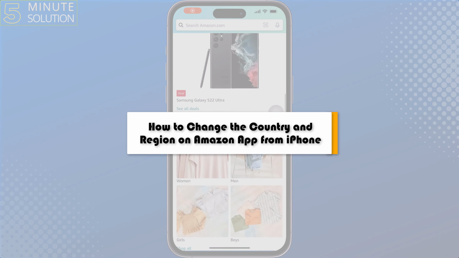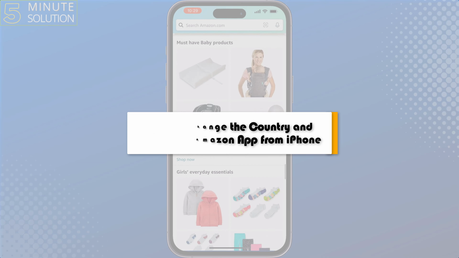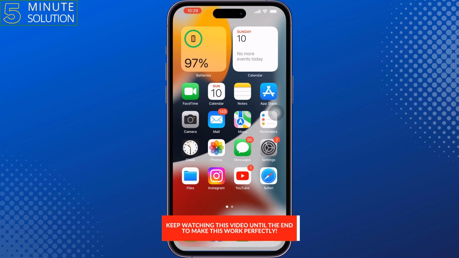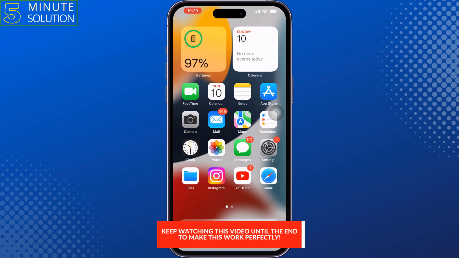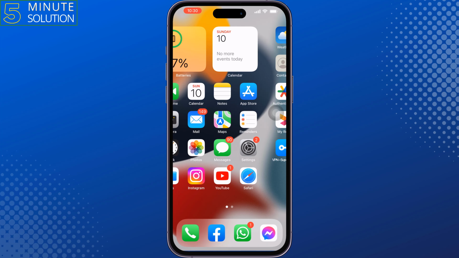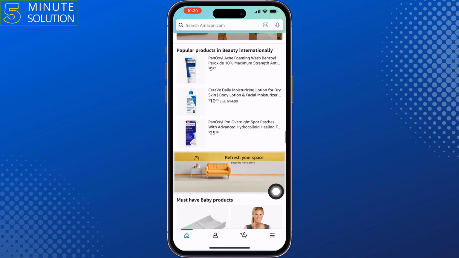This 5-minute solution will show you how to change the country and region on Amazon app from iPhone. So if you're wondering how to change country and location, follow this step-by-step guide. First of all, launch the Amazon app and then